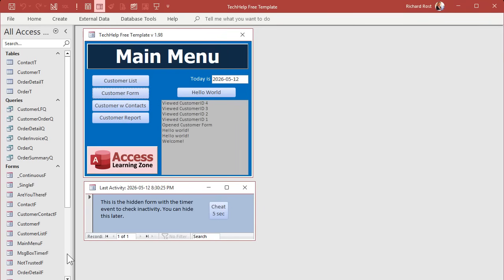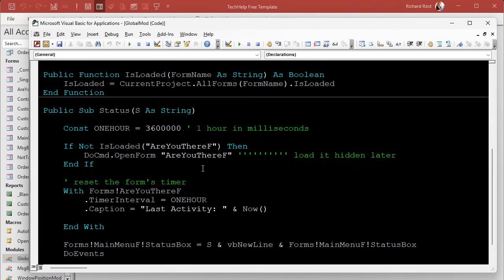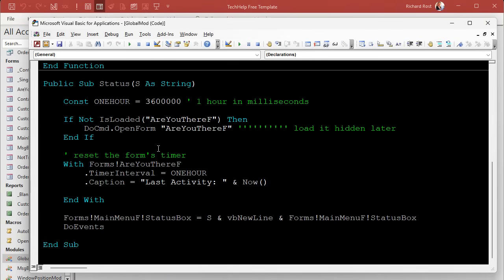But let's go to the status function where a lot of the work for this is being done. Here's status right here. Now, remember I said we're going to add some stuff here? Whenever status is invoked, we're going to keep track of where the user was at that moment. This is going to run often, so this will at least be one more check, right? So we're going to say TempVars, and it'll be Are You There Active